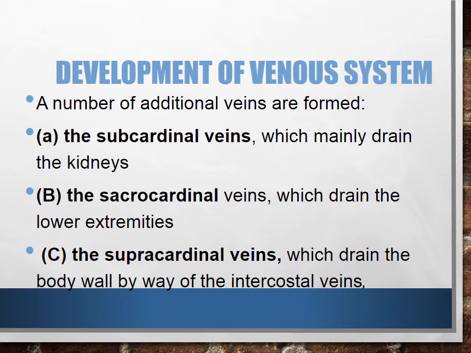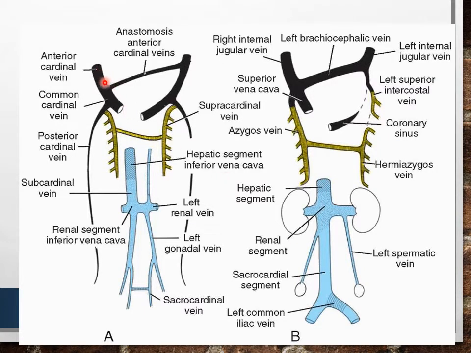So here you can see the cardinal venous system, the cardinal veins, the anterior cardinal, the posterior cardinal, and this connecting channel, the common cardinal vein, which are the initial veins draining the embryo. Later on, during the 5th to 7th week of development, additional veins are also going to form. Here you can see the supracardinal vein, the subcardinal vein and